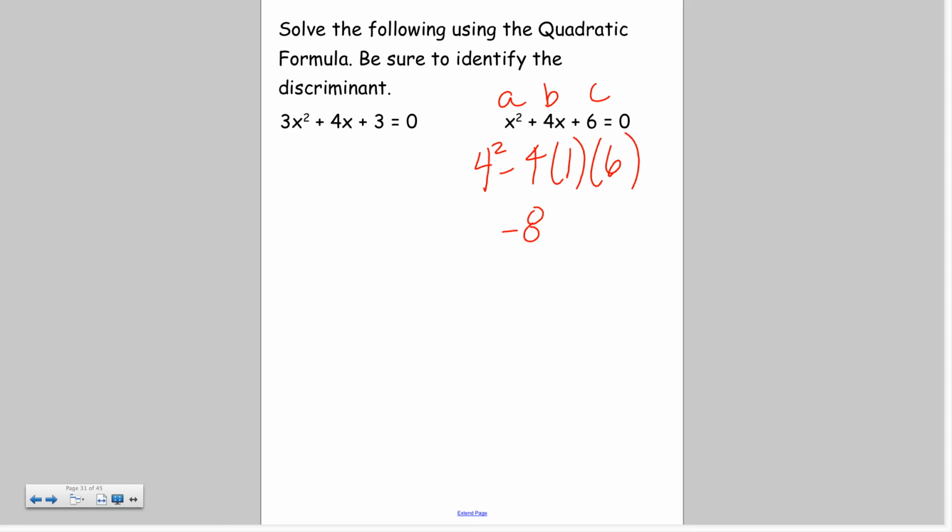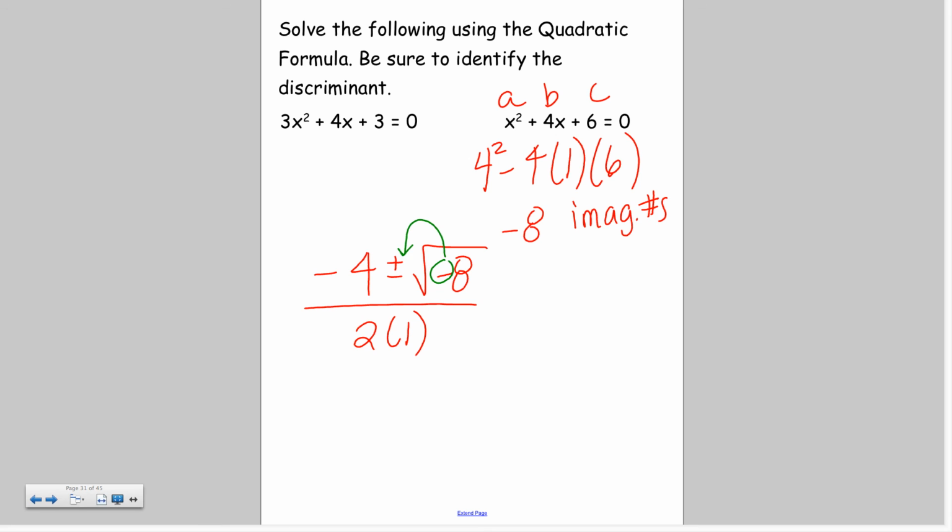So I know I'm going to have some imaginary answers, meaning I'm going to have to simplify an I somewhere. Alright, put it back in my quadratic formula. Opposite B plus or minus the square root of negative 8, my discriminant, all over 2A. Alright, negative comes out, I. Then I've got 8, which is 4 and 2, 2 and 2, so out comes a 2. So negative 4 plus or minus